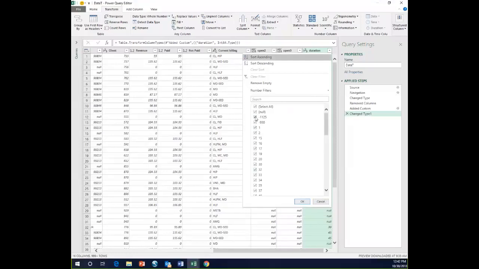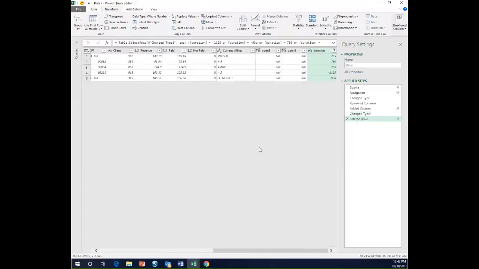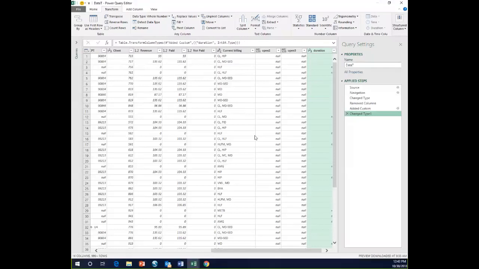I have a duration in here of minus 1125. I have a duration of 930, and I have durations of 750 and 765. I want to go take a look at those, and you'll see that if I'm doing a duration calculation on an individual, I can't really deal with the fact, it's just going to throw somebody's calculation out the window. So what I'm going to do, I'm going to clear my filter, and instead of picking